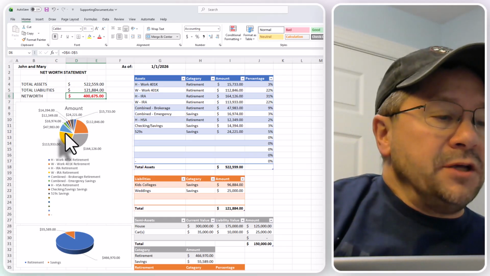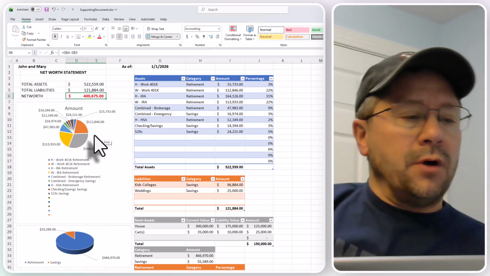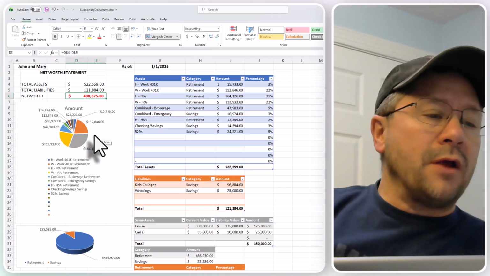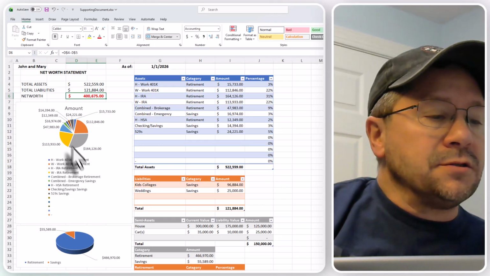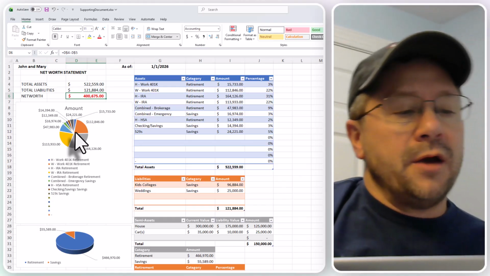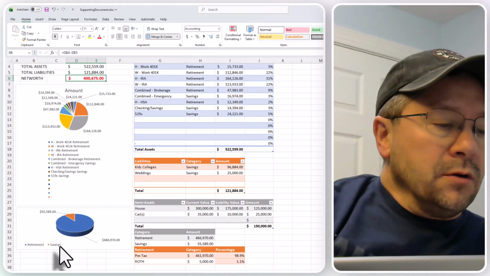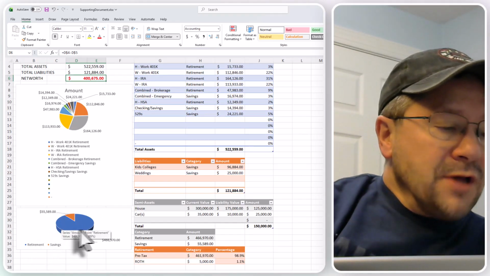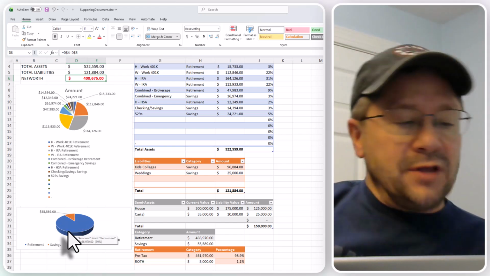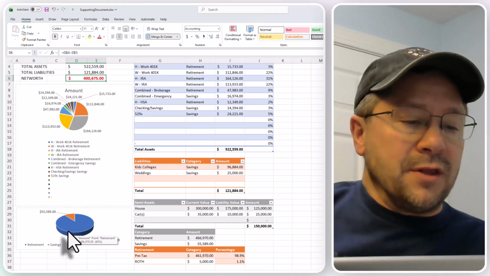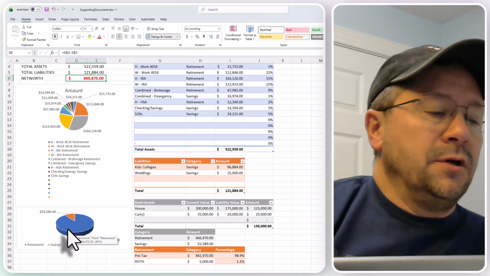Down here, I give a representation of all the assets, so a nice little pie graph. I'm still trying to figure out if this is the right way that I'd want to see it. But right now, I think this is a nice graph to show the different accounts and how much is in each of these accounts. And then right down here in the lower left, I have the retirement income versus my savings. Obviously, savings could fall into retirement if it gets to that point, but I'll explain what I consider savings versus what I consider retirement.